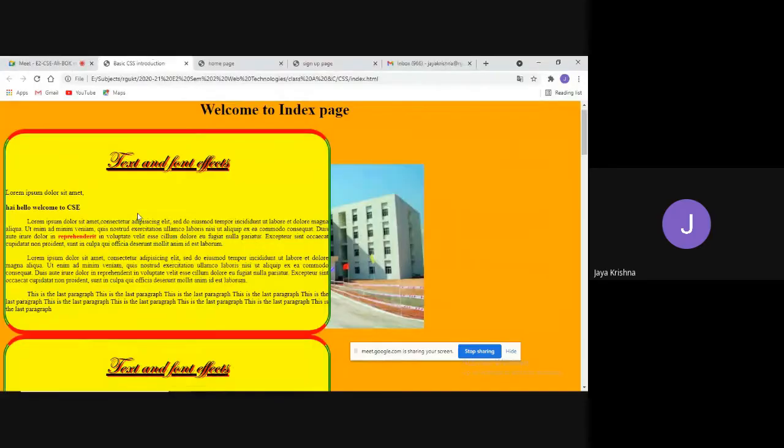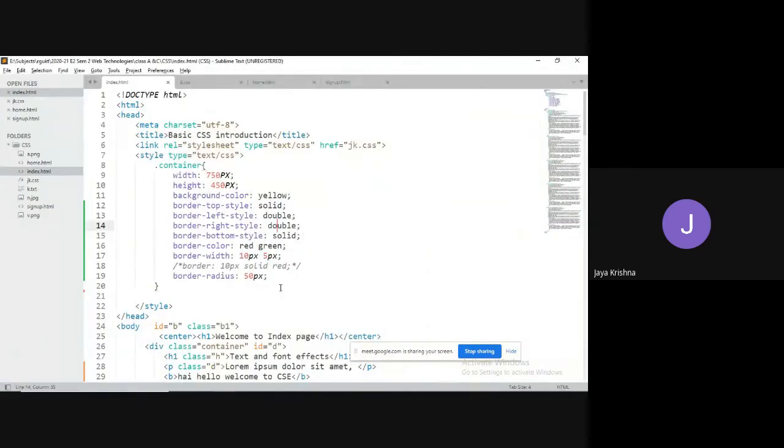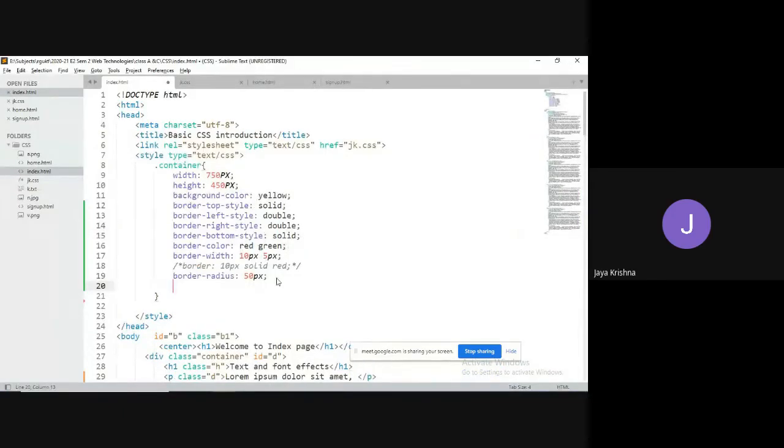Observe, guys, there is no need of providing space at the top side and the bottom side, but I need to provide a space at the left side as well as the right side because it is a clumsy one. Then what I will do is add that property. What is the property? Padding property, padding-left, for example, I would like to provide some kind of space like 50 pixel.